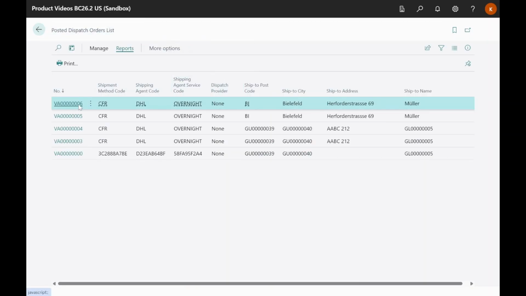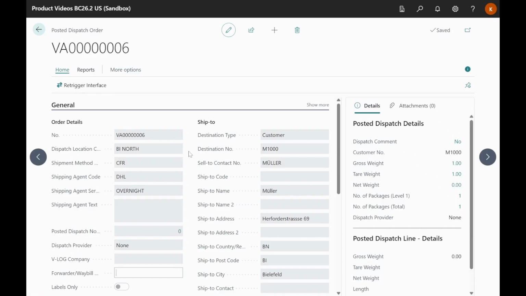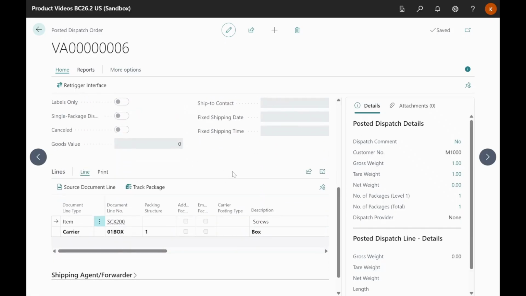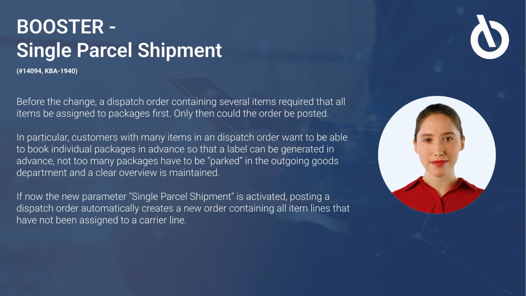Within, the spare part is listed with a quantity of 10 packaged in one box, as reflected in the order lines. Package lines and service orders now ensure that spare parts are processed in the dispatch order with the appropriate packaging. Single parcel shipment. Let's now move on to another functional enhancement in dispatching processing, which aims to optimize the handling